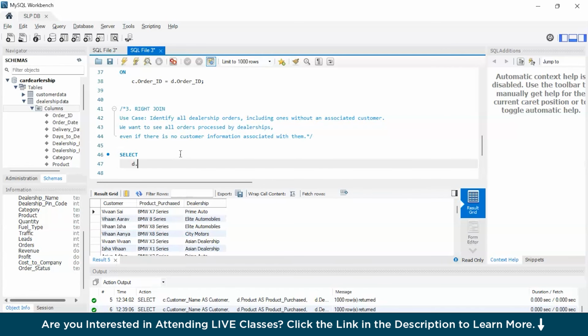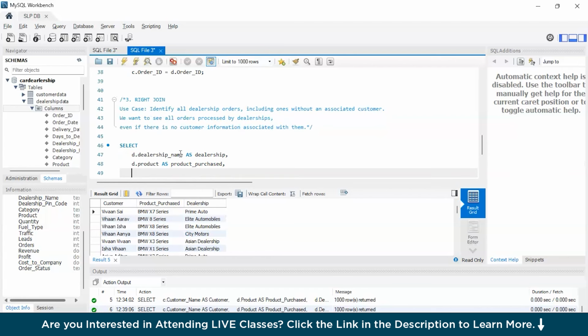Now, d.dealership name as dealership, comma, d.product as product purchased, comma, c.customer name as customer,